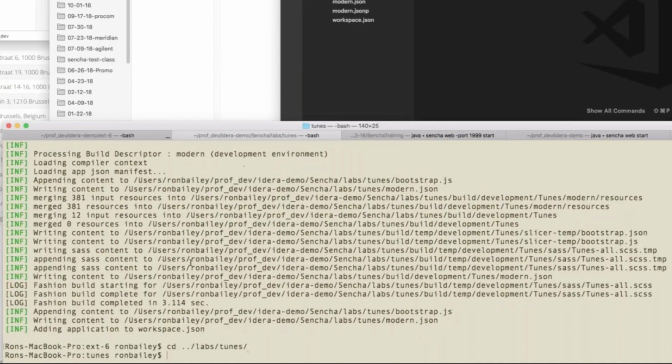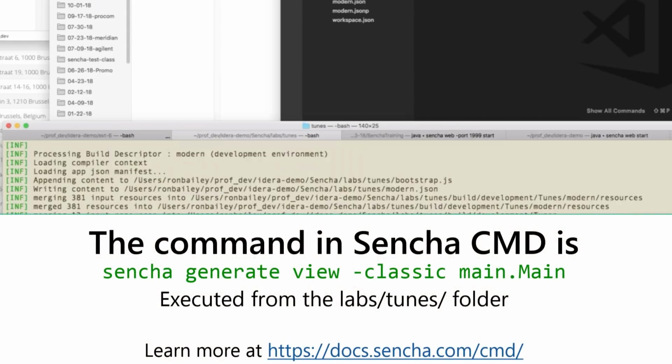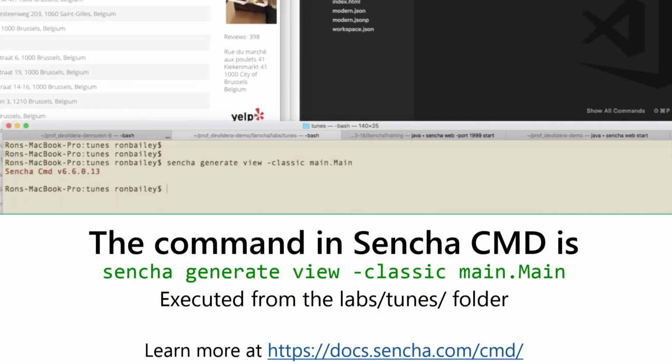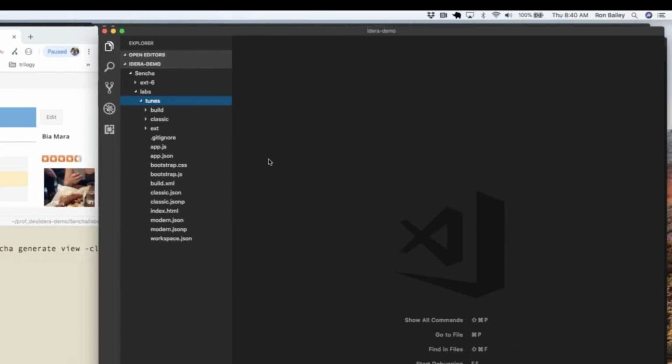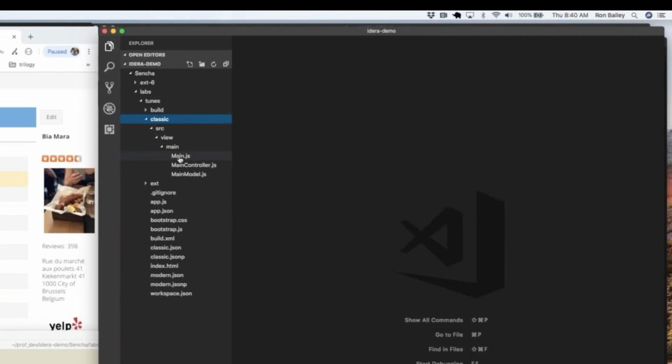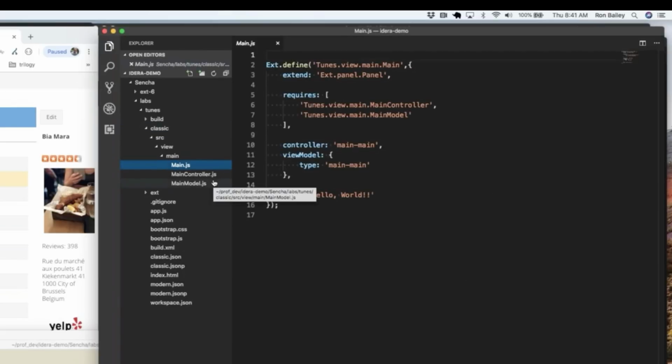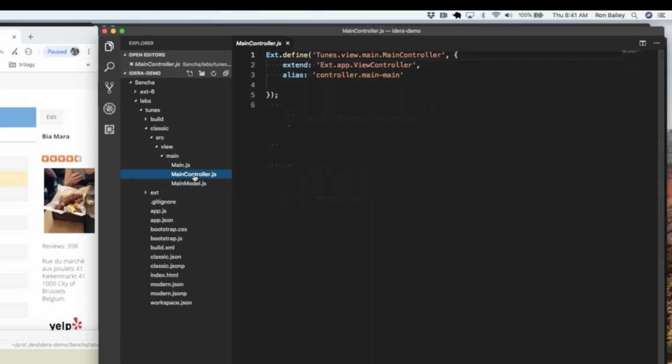And from there, I want to generate my views for classic and for modern. So that view will be called main. Now that that was generated, inside of classic, I have 3 files that are integrated. So if you have a view that you want to have supported by specific data for that view and specific business logic for that view, you can have those wired up as separate files or separate classes where you can have a separation of concerns